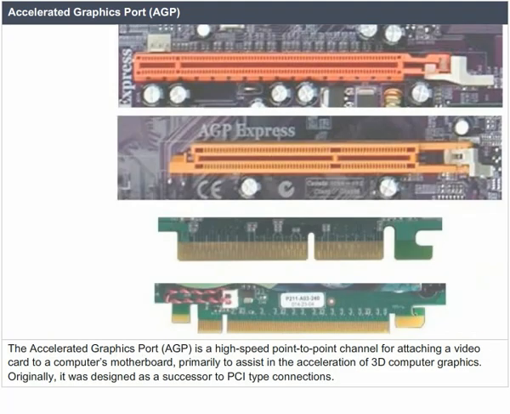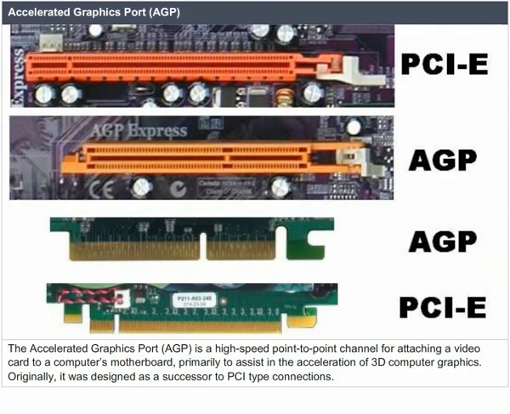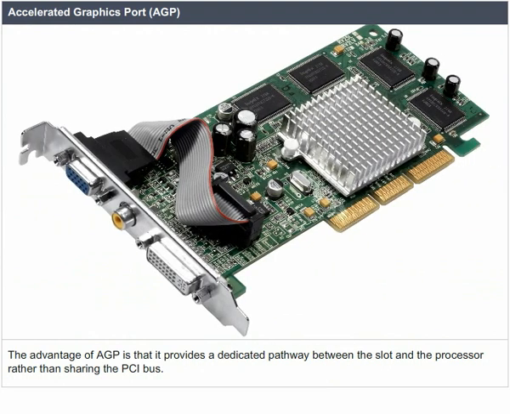Accelerated Graphics Port, AGP. The Accelerated Graphics Port, AGP, is a high-speed point-to-point channel for attaching a video card to a computer's motherboard, primarily to assist in the acceleration of 3D computer graphics. Originally, it was designed as a successor to PCI-type connections. The advantage of AGP is that it provides a dedicated pathway between the slot and the processor rather than sharing